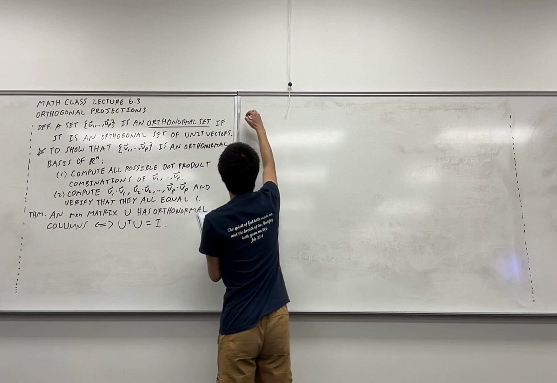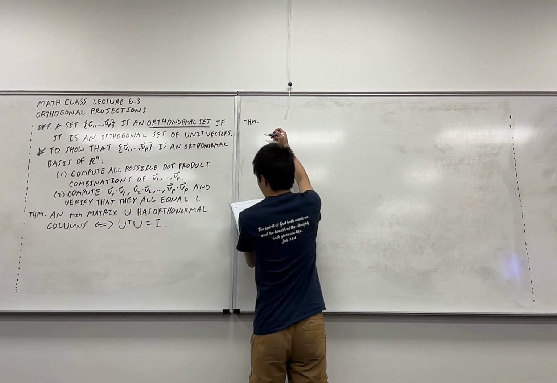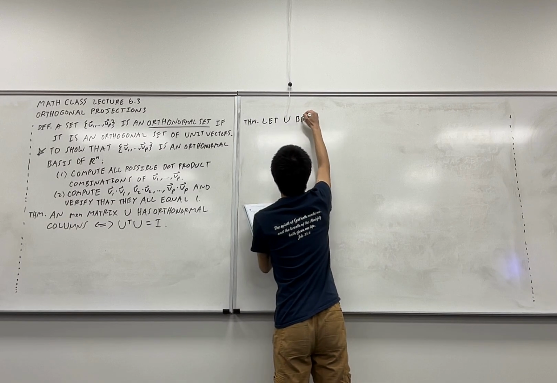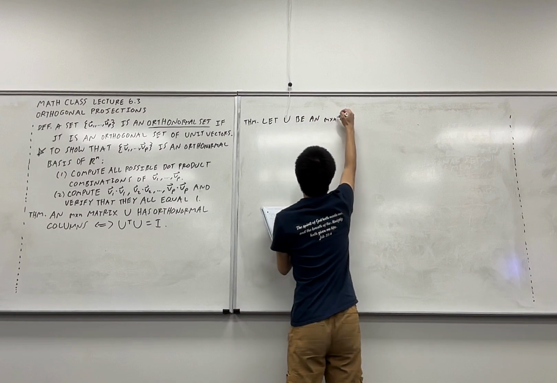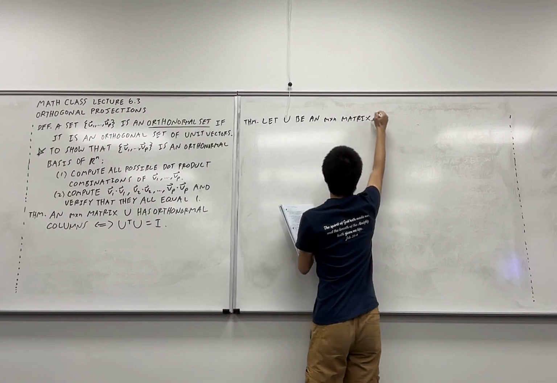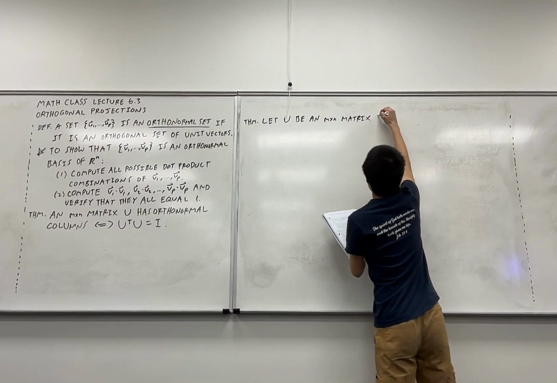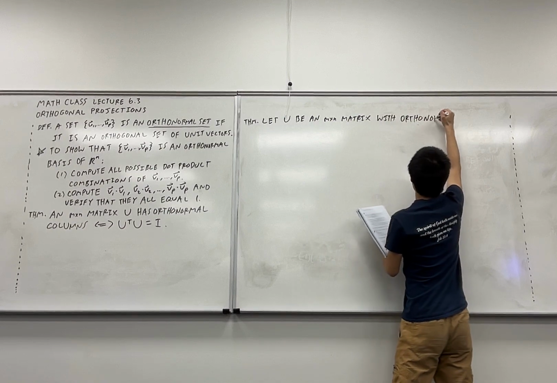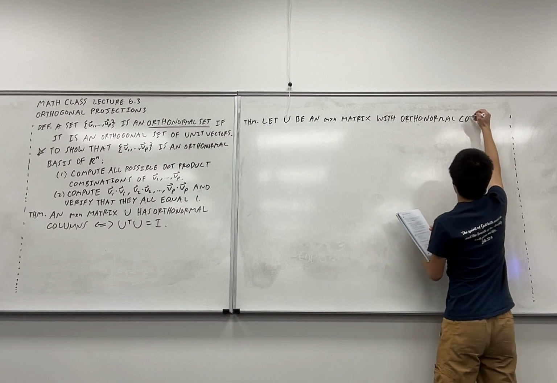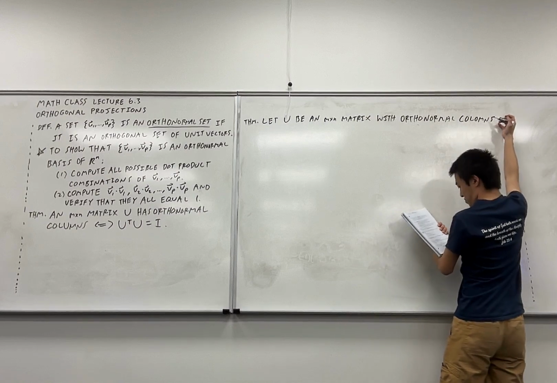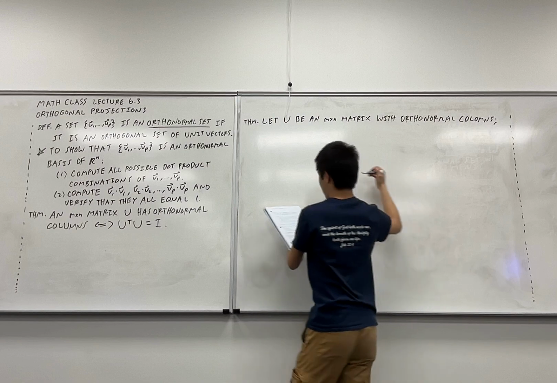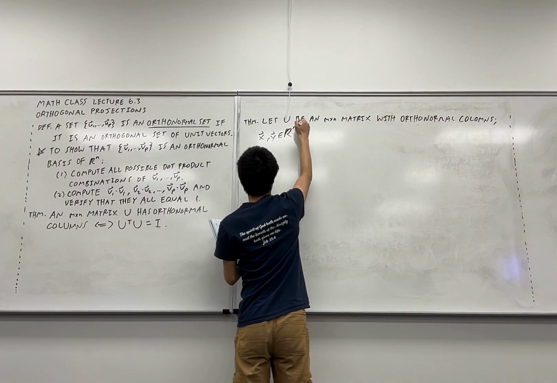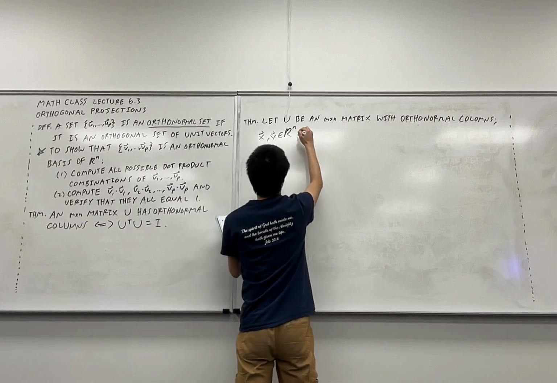A few rules of how we're allowed to manipulate this stuff for future reference. Let U be an m by n matrix with orthonormal columns. And then let's just pick two vectors in Rn. So I have some x, I have some y, and both of those vectors we'll just say have the same number of entries, some n entries. Then,